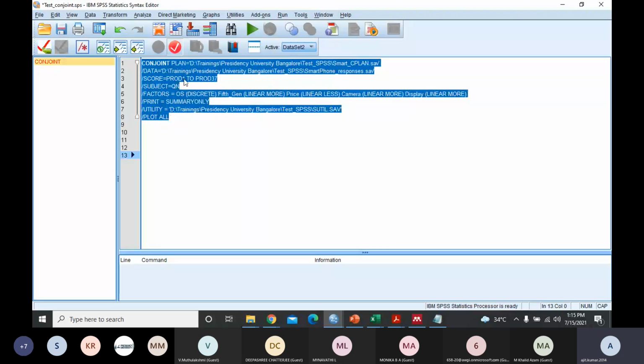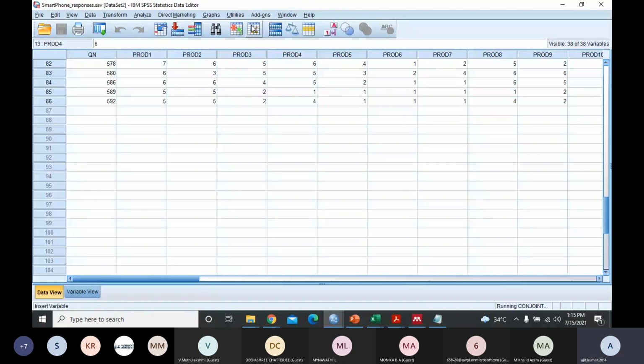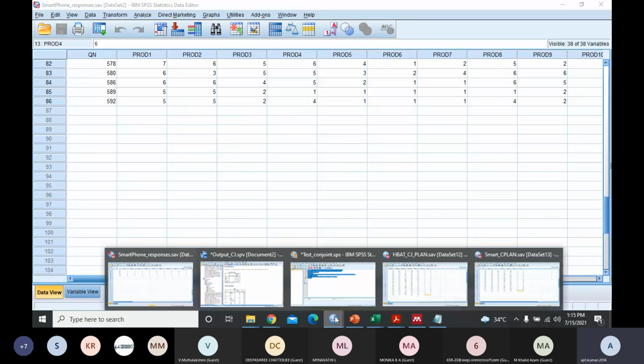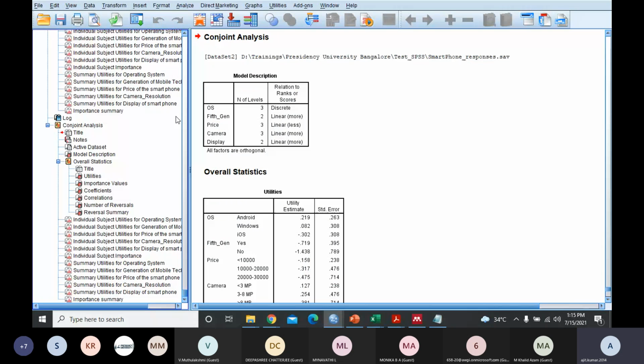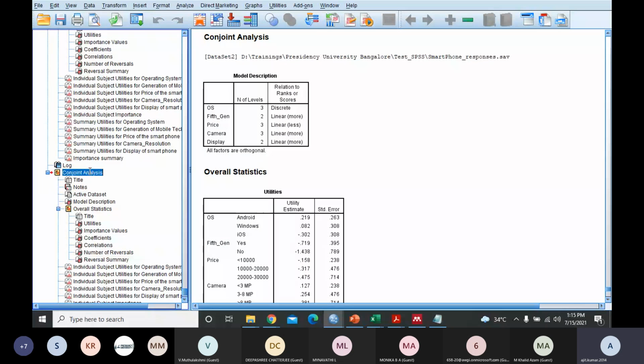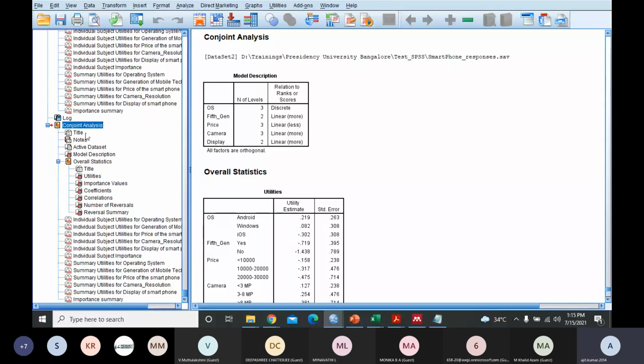So after writing all this, I want to run. For running this, you just need to click this green button, that is Run Selection, click run, and look at this output file. If you go to this output file, the listed one, conjoint analysis. If it is a success, it will give you all these different results. If it is not a success, you know that there is a warning given here. So please confirm whether you have got any warning, any error, or you have successfully got these results. Then we'll look at the individual tables, individual information of the output.